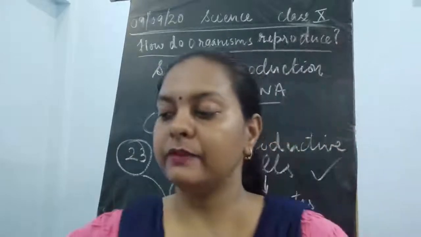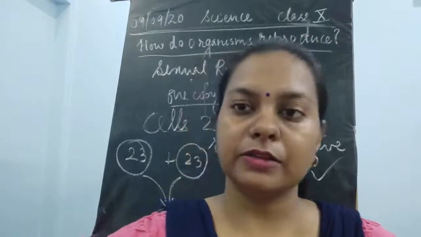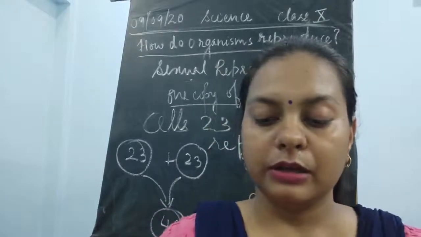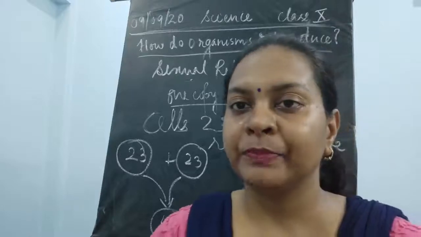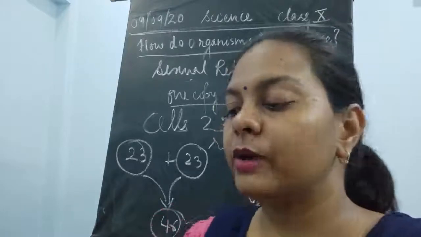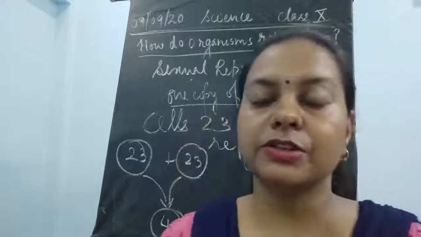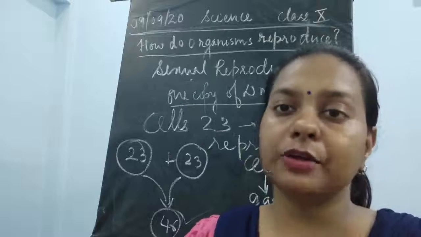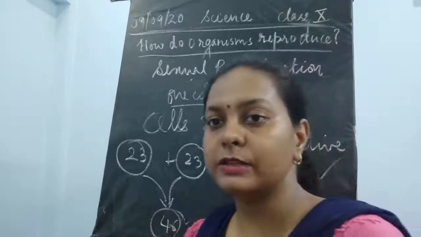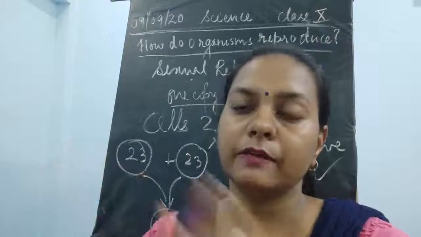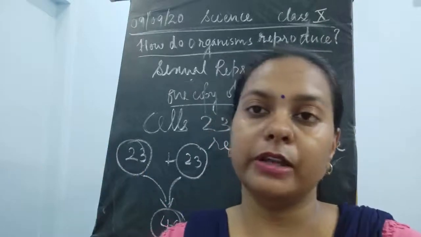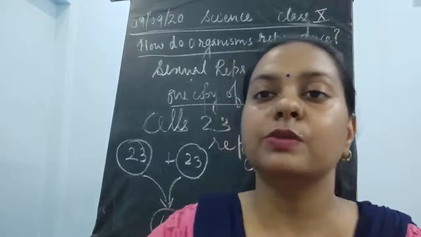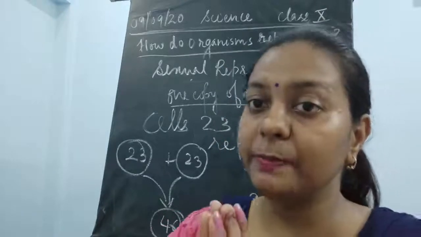So how this is happening, we will discuss in the next class, children. That is all for today. We have seen the different modes, such as parthenocarpy, in today's video, and I have also given you the concept of the sexual mode of reproduction in human beings, where we saw that variations are always happening, but in a very slow process. To increase this process of variation, because it helps in the survival of the individual, we require a quicker, speedy method, which is known as the sexual mode of reproduction, which is only possible